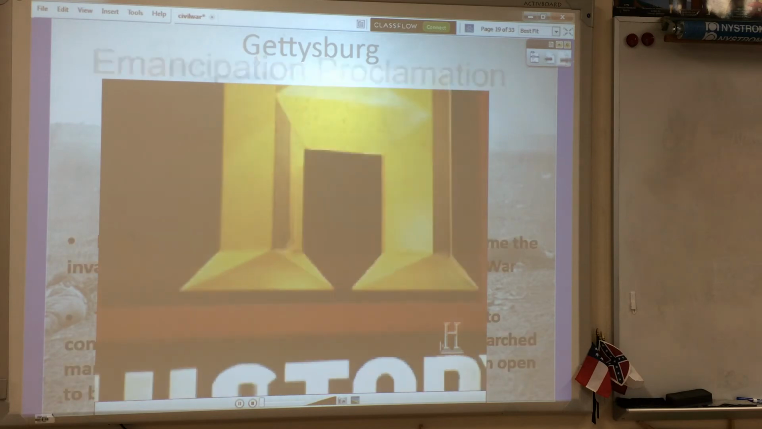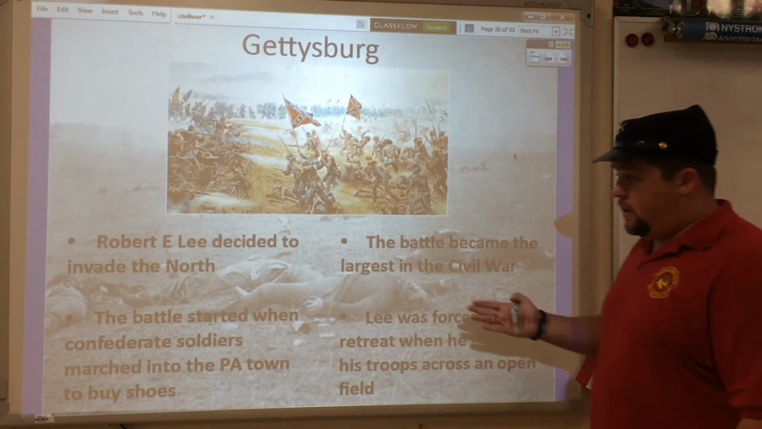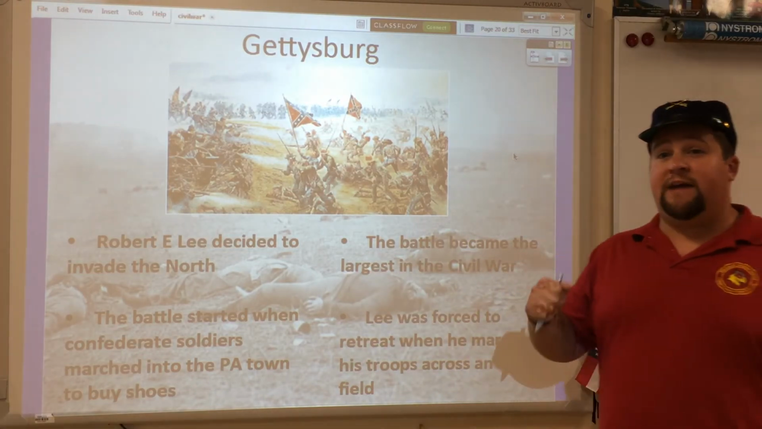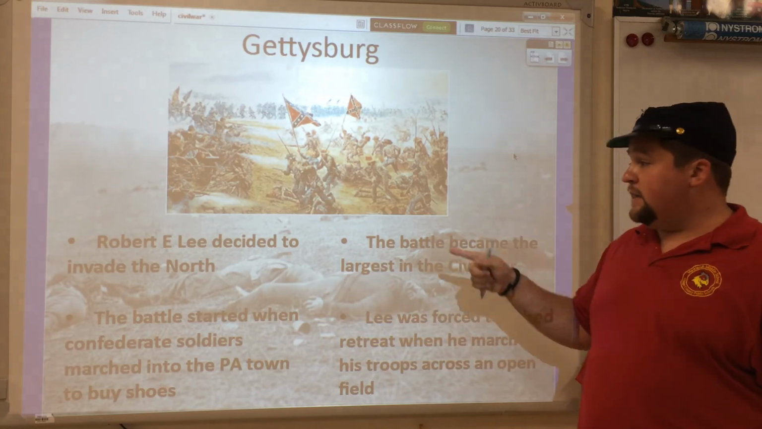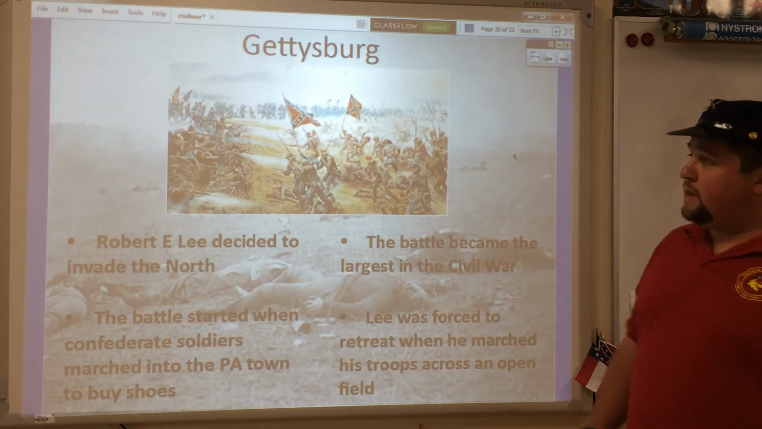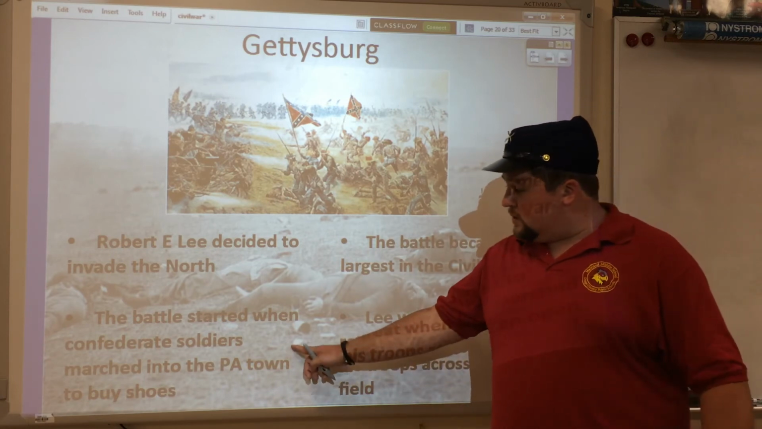Okay, so Gettysburg. Gettysburg is the biggest battle of the Civil War, right? It's really the biggest battle in American history. Here, Robert E. Lee decides, he's winning a couple battles here and there, he decides, we have momentum. Let's take that momentum and invade the North. So he's planning on going to Harrisburg, Pennsylvania, but on the way, right, there's a skirmish in a small town